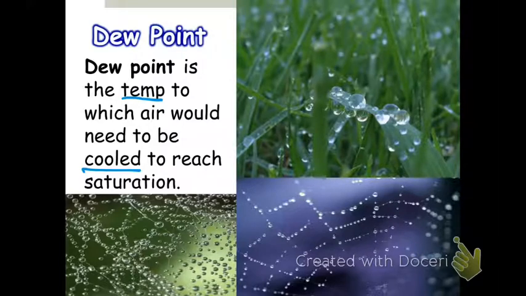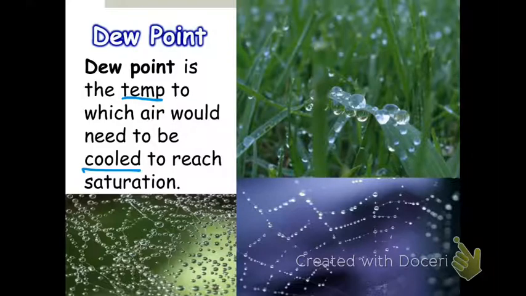And the way it does that is it switches from a gas form into a liquid form, and bloop, out comes a little dew droplet. So you've got warm air that's very spread out, and it's cooling, and as it cools, it reaches saturation. All that saturation means is that it's completely filled, so there's no more room. And so all the air can do is get rid of the water vapor within it. And the way it does that is by just, bloop, out comes the liquid water drop, and bloop, bloop, bloop, all over the grass and the spider webs, you now have dewdrops. So that is what dew point is: the temperature the air has to be cooled to reach saturation.